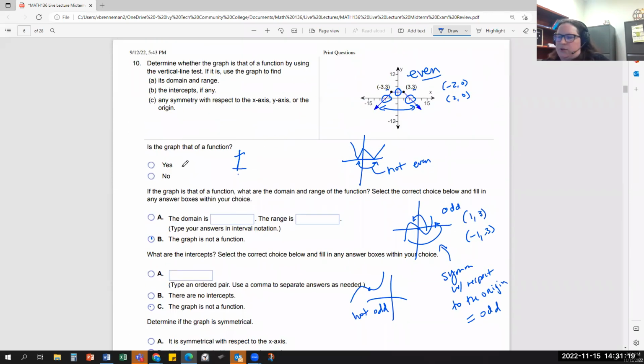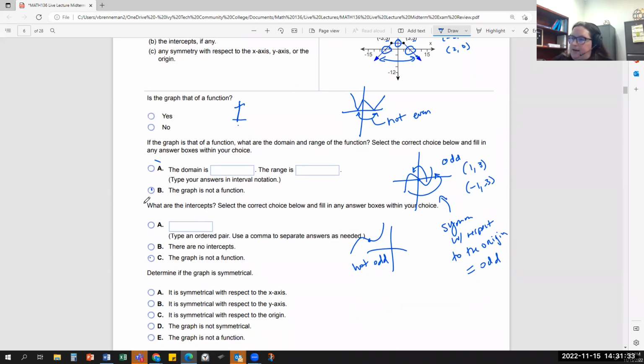I think it's not a difficult concept. It's just that if you don't get it, it can hurt you more than just the one part of the question. I would say if you have any doubt over whether it's a function or not, err on the side of going ahead and answering all the other questions. Then if you have that first part wrong, you still get the other parts.